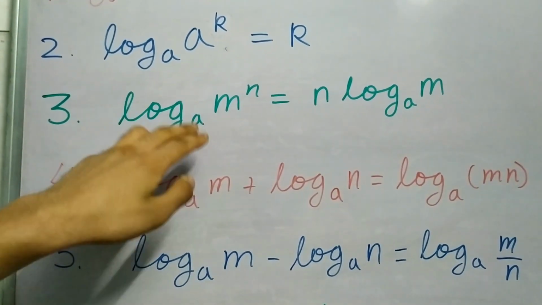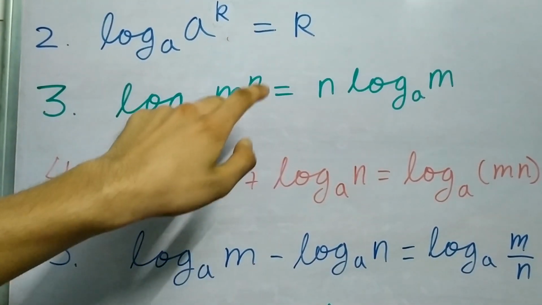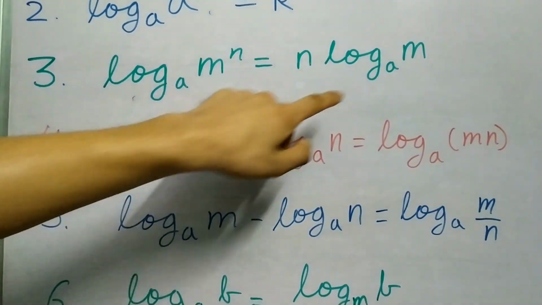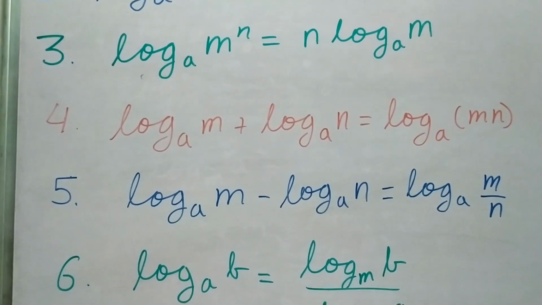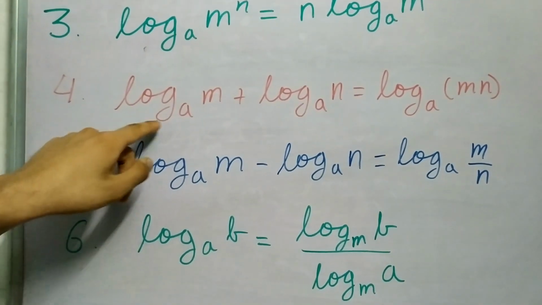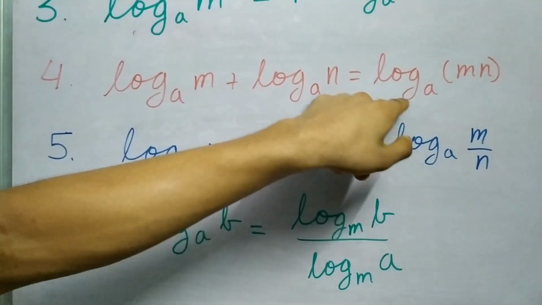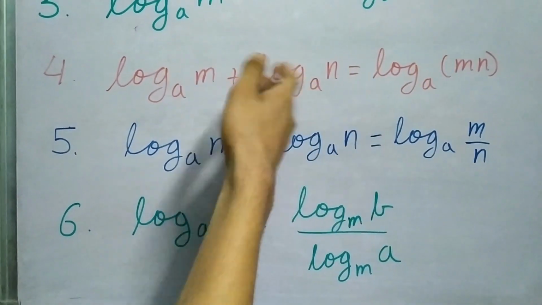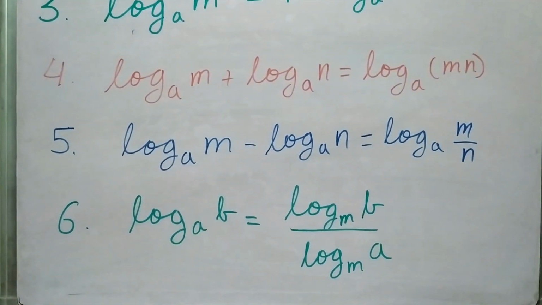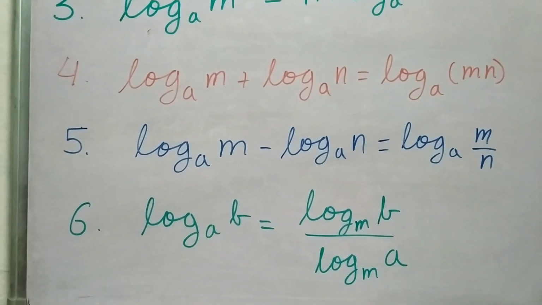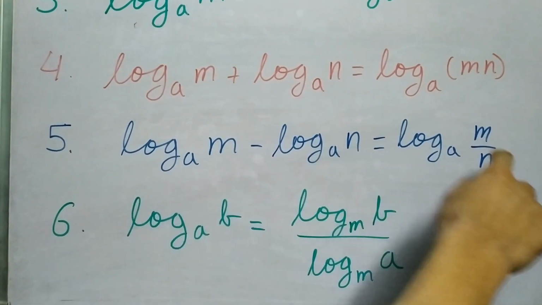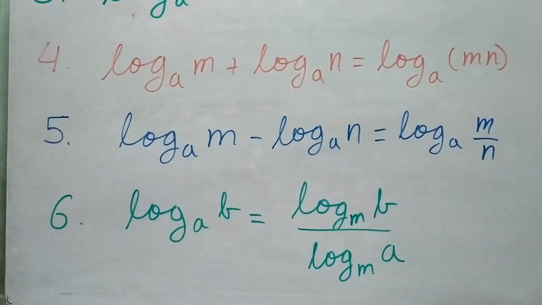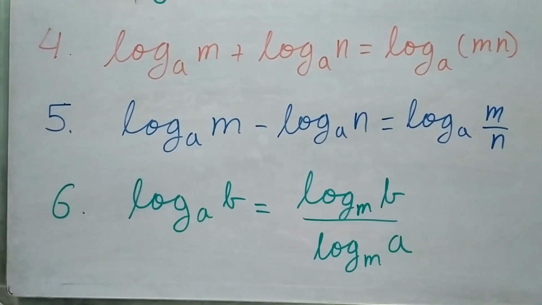Now log base a of m to the power n is n times log base a of m. It effectively brings this power outside. It's very helpful. Log base a of m plus log base a of n is log base a of mn. So you have two logs to the same base, add them together, you get this part. Again, an extremely useful result. And if you have a minus sign, you then have division. Multiplication is repeated addition, and division is repeated subtraction. So if you have plus, you multiply, if you have minus, you divide.